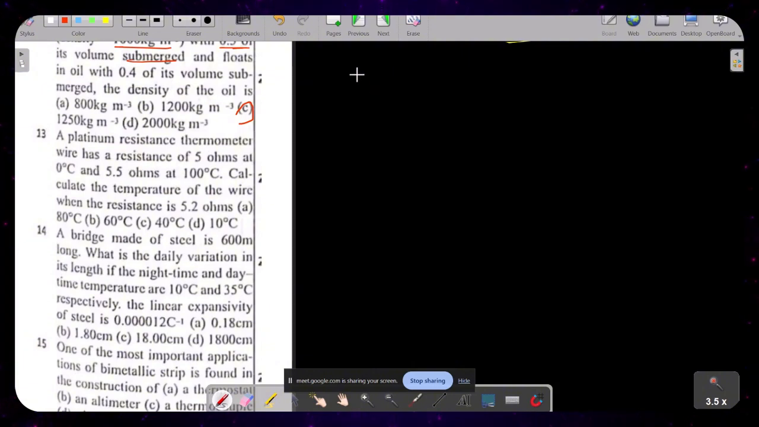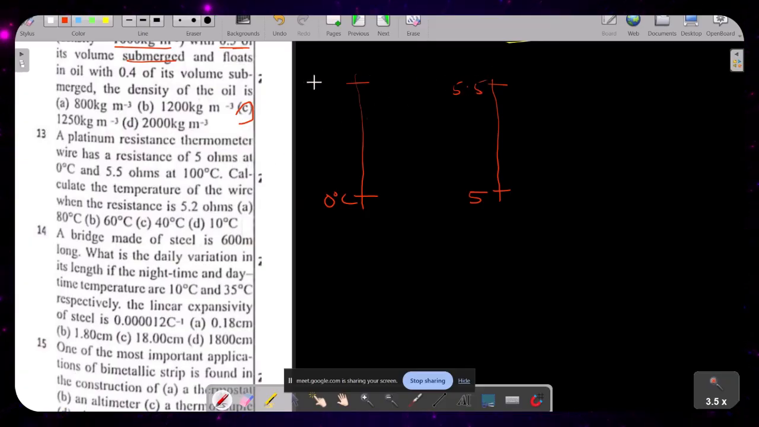at 0 degrees Celsius. So I will sketch this. They say that a platinum resistance thermometer wire has a resistance of 5 ohms at 0 degrees Celsius, then 5.5 ohms at 100 degrees Celsius. They now say calculate the temperature of the wire, which can be anywhere here, T,